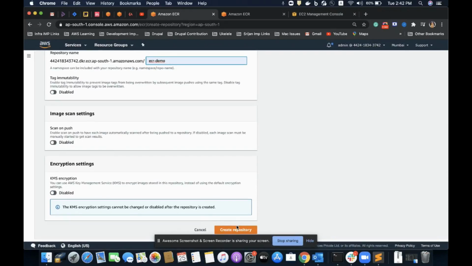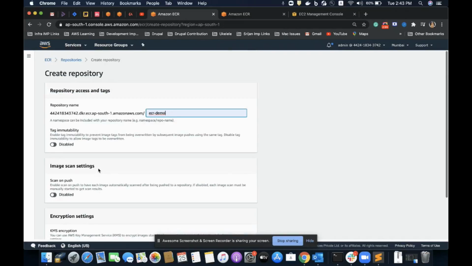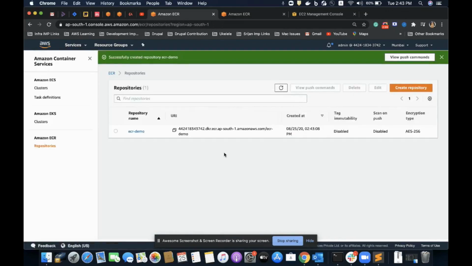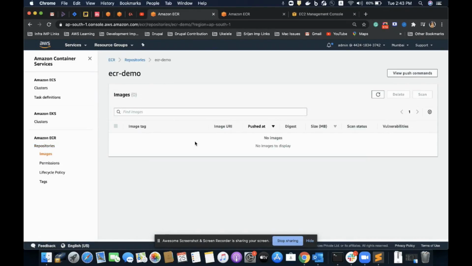One more thing, I cannot change this encryption after I have enabled or created my repository. So I'll be creating this. Yes, done. It is created, and now I'll push my Docker image to this repository.